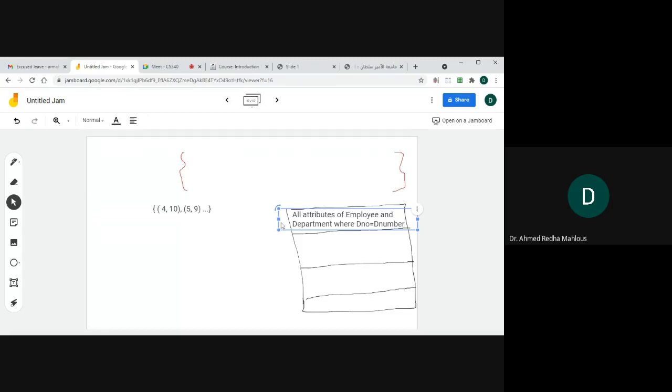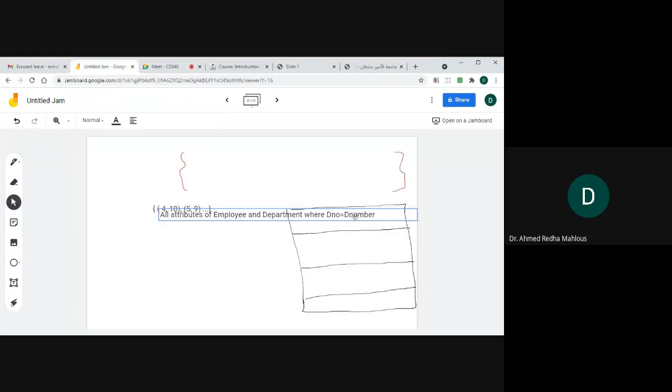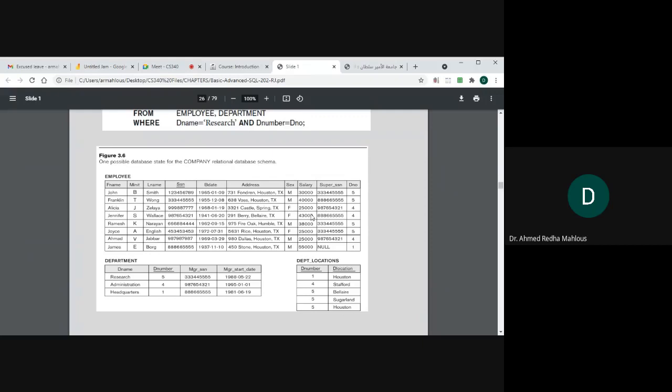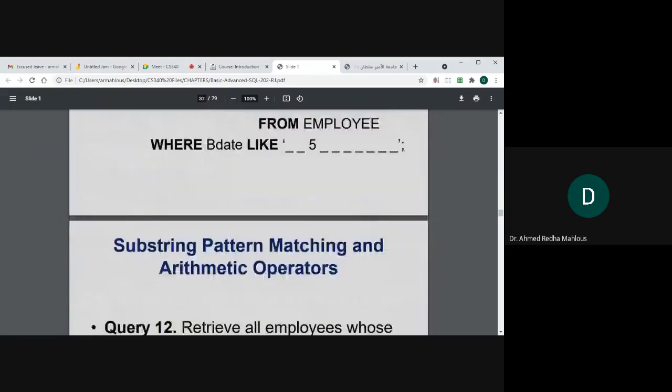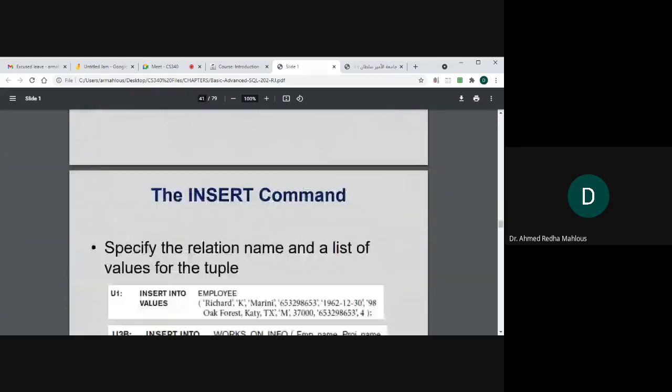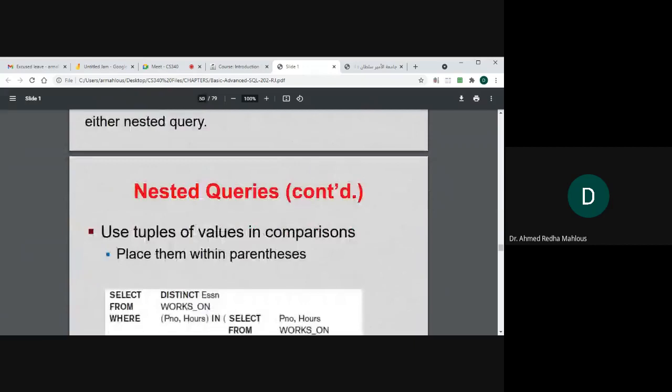D number. That means you will have a very big row, a table with all the attributes that I have mentioned here. All these attribute values plus all these values will be in this line, and do the same thing for the second one. This is what is known as a join operation. Join operation means you make a combination. You combine together all the attributes of the first table with all the attributes of the second table with the condition if,